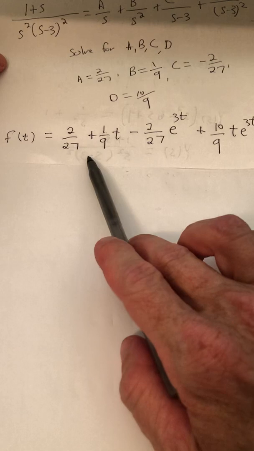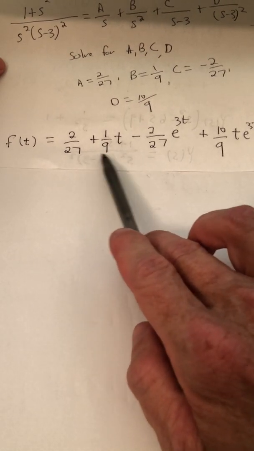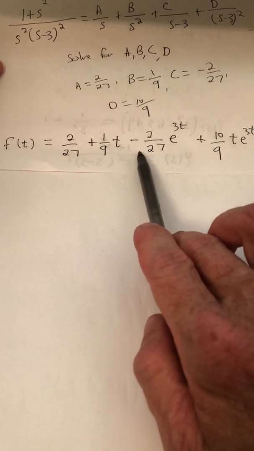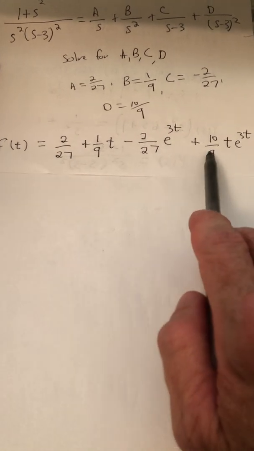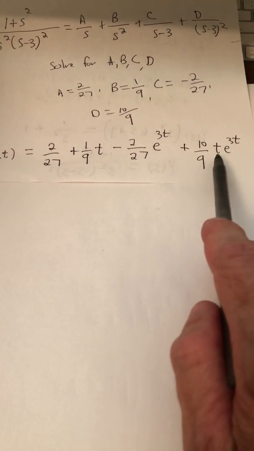Again, f of t ends up being 2/27 plus 1/9 t minus 2/27 e to the 3t plus 10/9 t